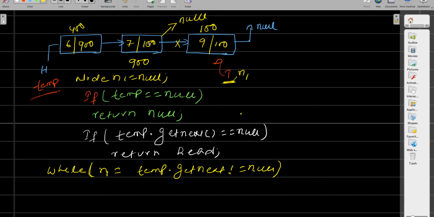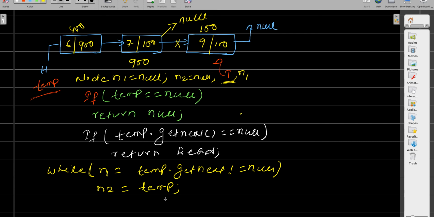Then what about this node? We still lost it, right? We don't have any way, we did not store this, we reached here. So what you do is you introduce one more variable called n2. In n2 always copy the temp. I'll tell you why to copy. Similarly, Node n1 = null, you write one more node n2 here, n2 = null. In the beginning it was null. So n2 = temp. How will this help us?